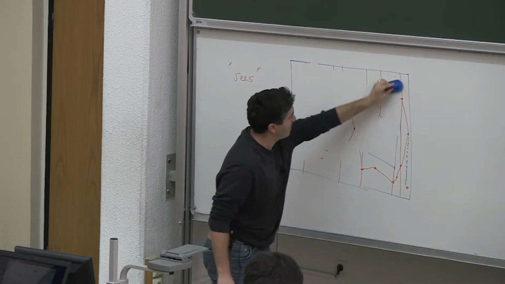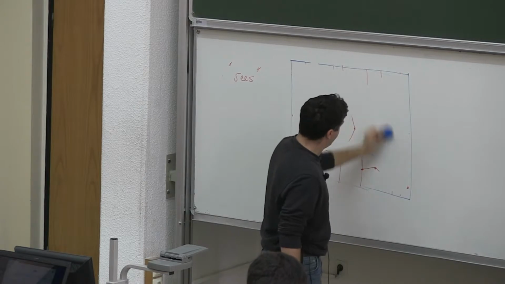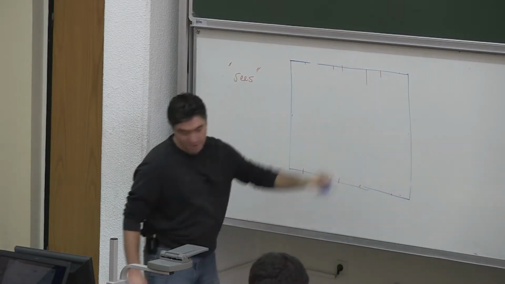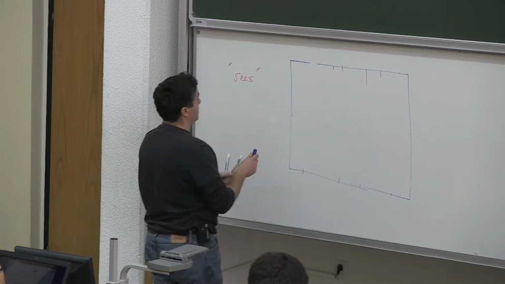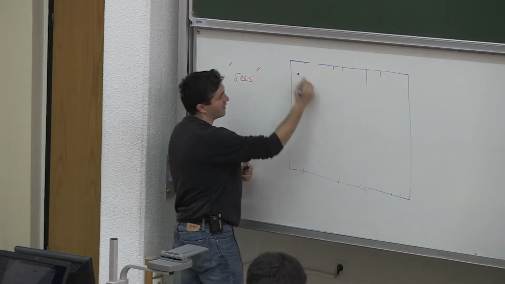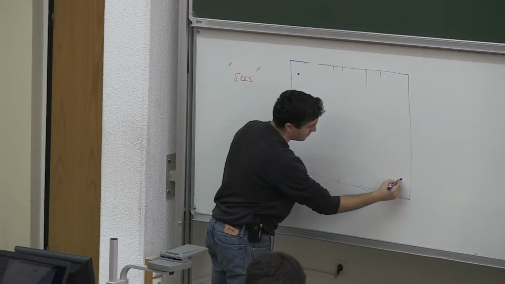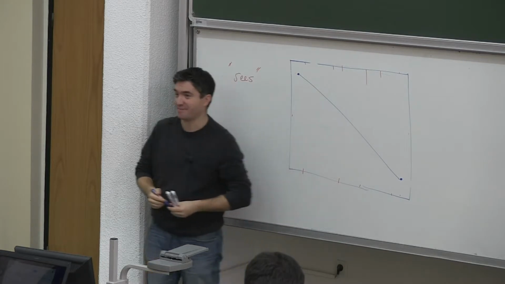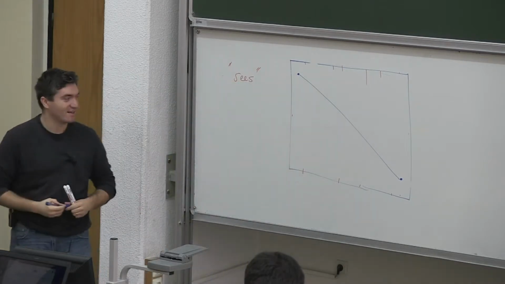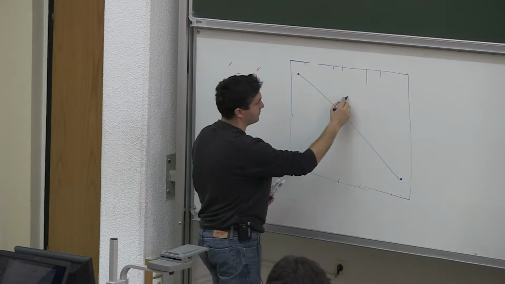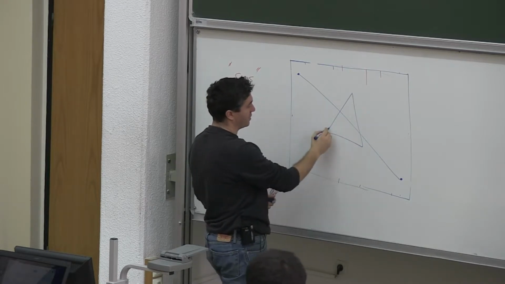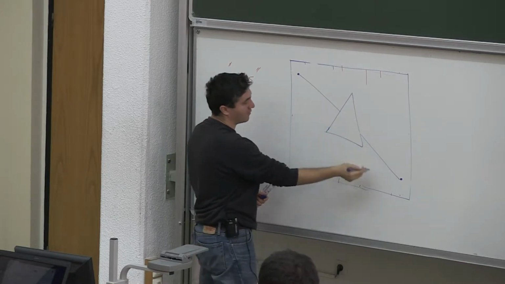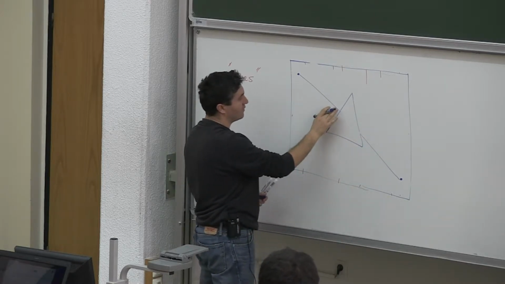Now let's think about this. We have a starting position and we have a goal position. So initially, think of this path as an elastic rubber band. When you put an obstacle here, what happens? What your friend suggests is that in order to go from P start to P goal, what we need to do is